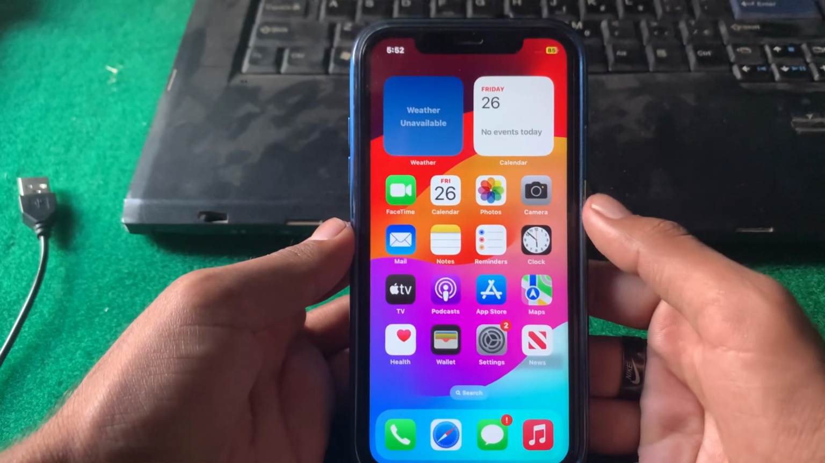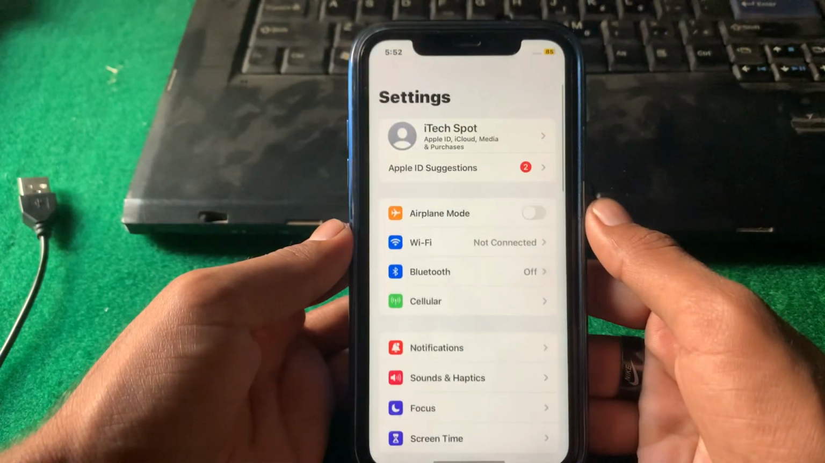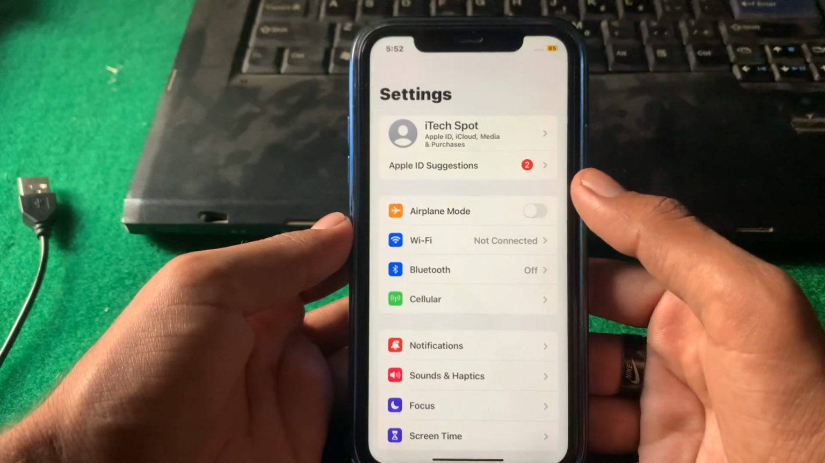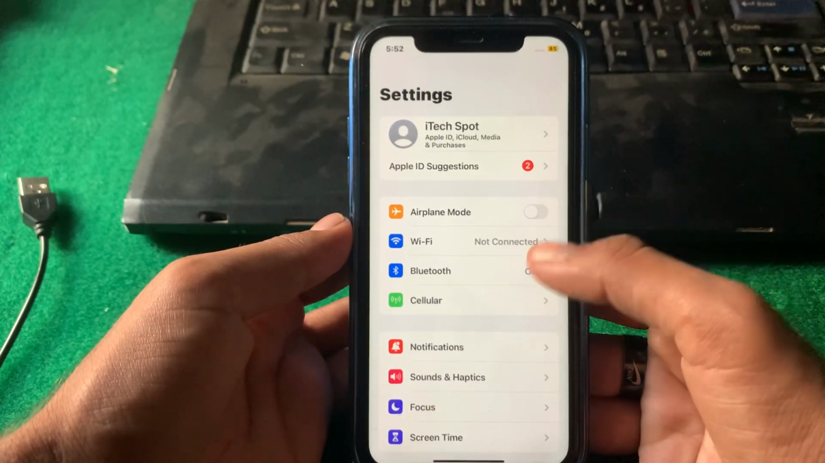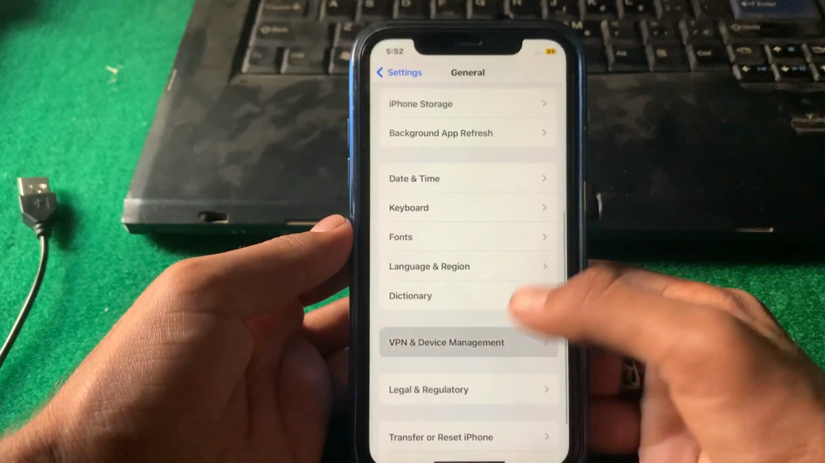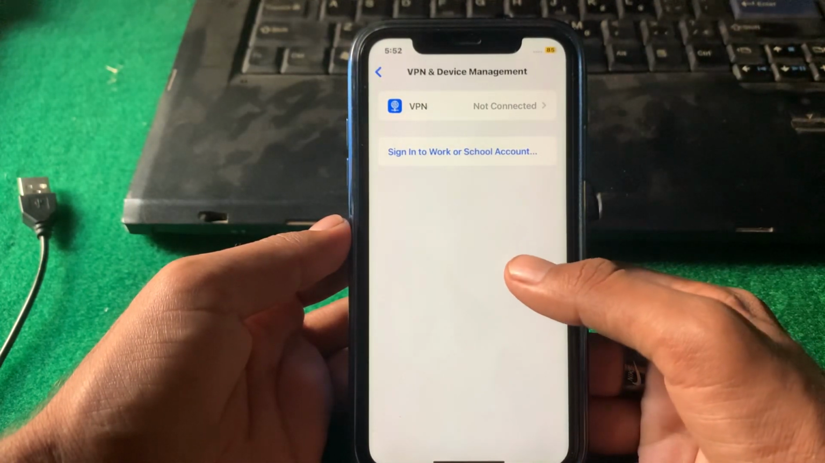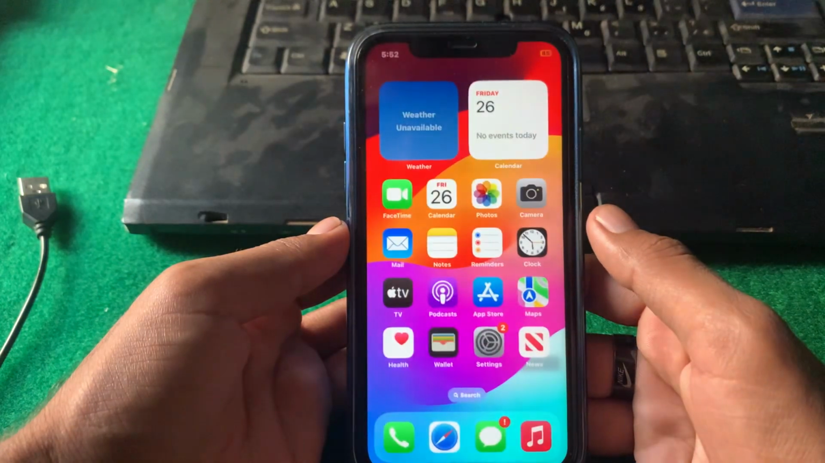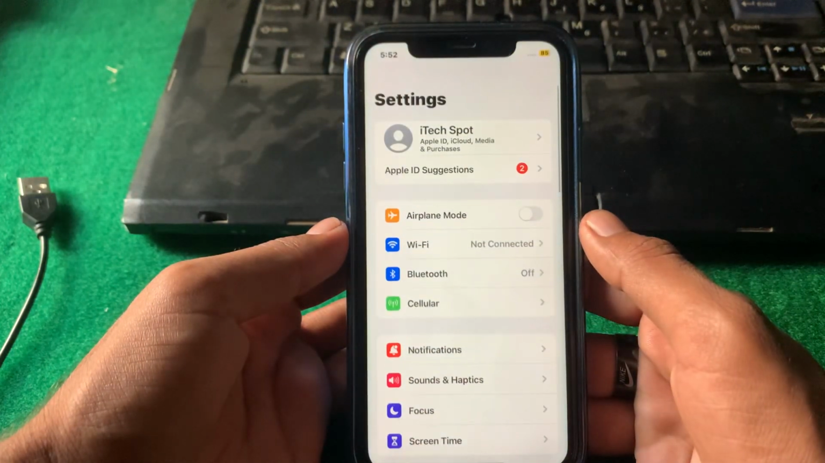So guys, first of all you have to simply open Settings and make sure that you are properly connected to the internet, and after that you have to make sure that there is no connected VPN on your device. If there is any connected VPN, then simply disconnect it, and after that you have to simply